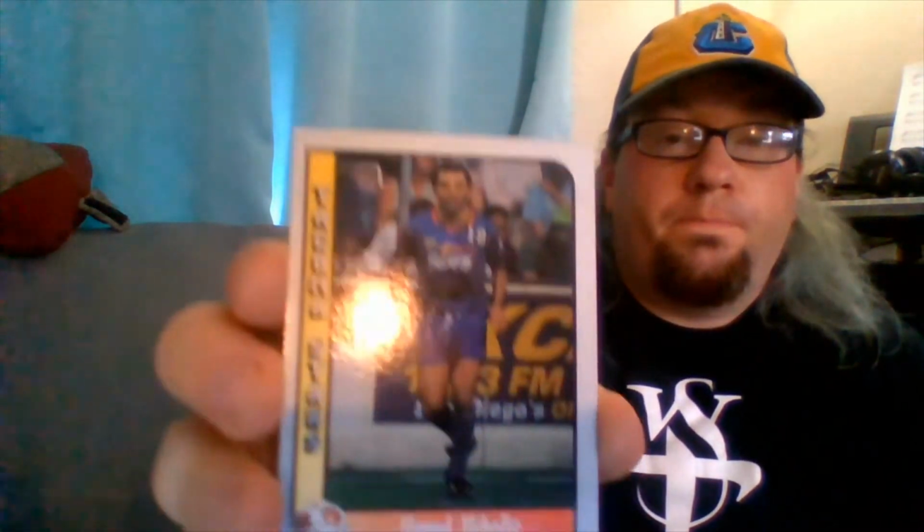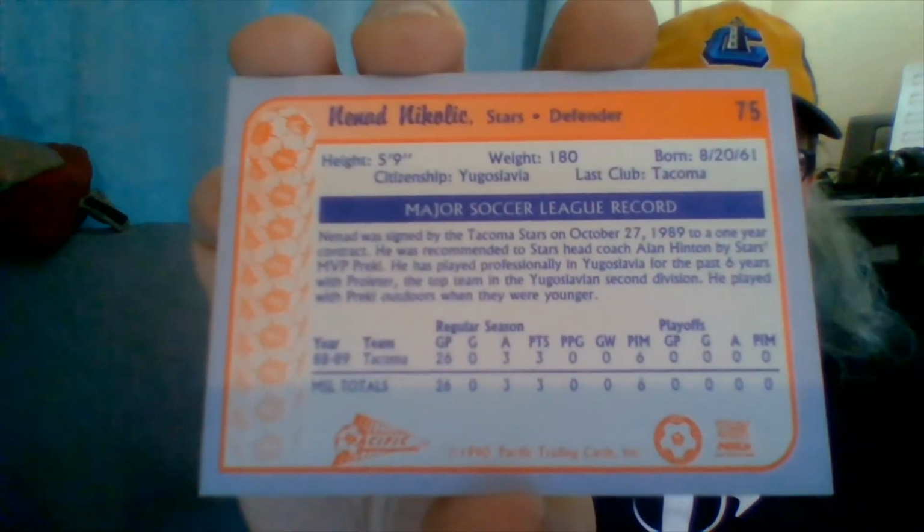Guaranteed to be the toughest autograph to get in this set is a guy named Nenad Nikolic. It took me forever to find any info on this guy, and look at his stats on the back here. He was actually recommended by Preki to the Stars coach to sign him, and so they eventually did. He played only that 88-89 season. This card was actually a 90-91 card, so he may have been completely out of the league for more than...